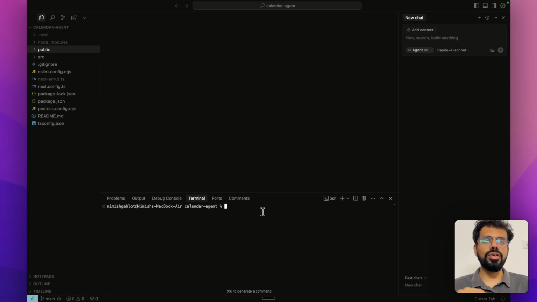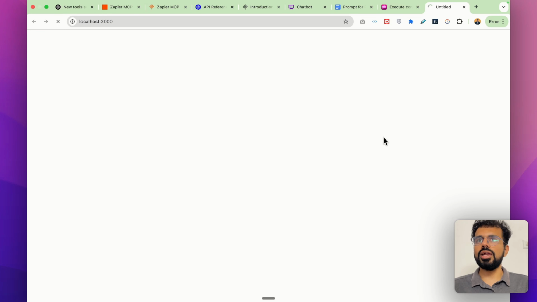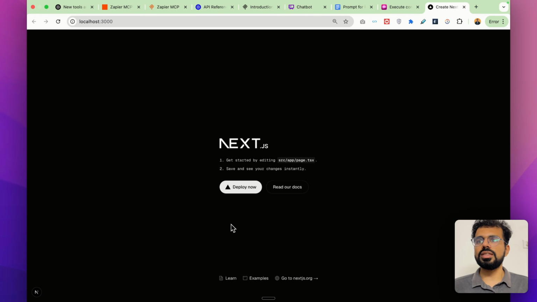Another thing that we would quickly do is we will come back on Cursor and we will run our project locally. For that, you need to run this command called npm run dev. Once you put in this command and run it, the entire website will start running on your system locally. So we will go to this URL, and on this URL, you will see a boilerplate code. This is the default code over here. You would be changing all of this to create our website.